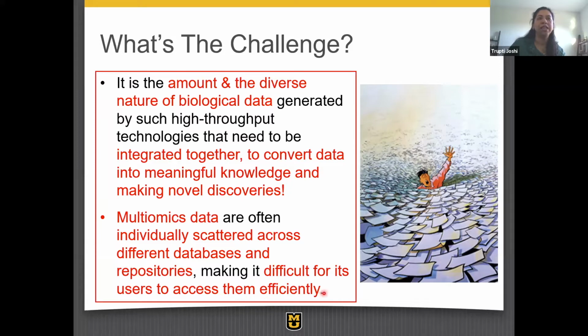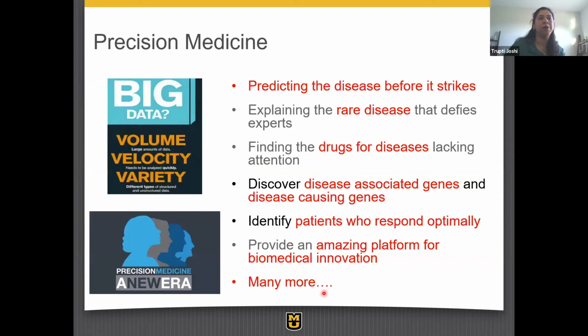So the multi-omics data, another challenge that we face is that if you want to tap into something that exists, has been published and deposited in any databases, they are scattered in different databases. And so what our users find difficult and challenging is how do you bring it all together? How do you pull it all together in one place and not have to go and work with several different resources? Now, this is very true in the field of precision medicine, which is where my primary home department is.